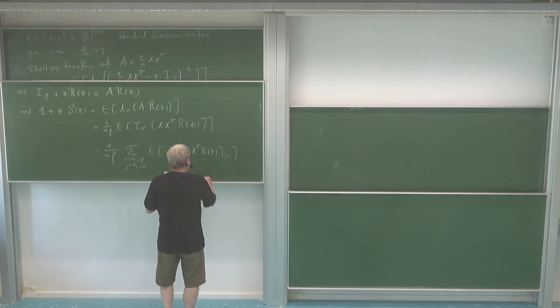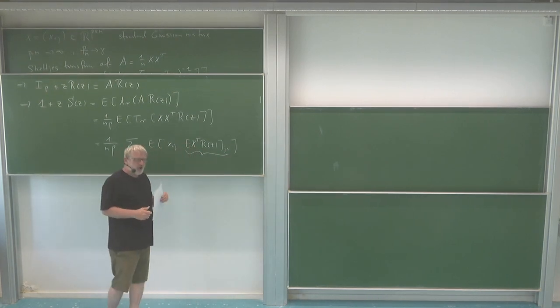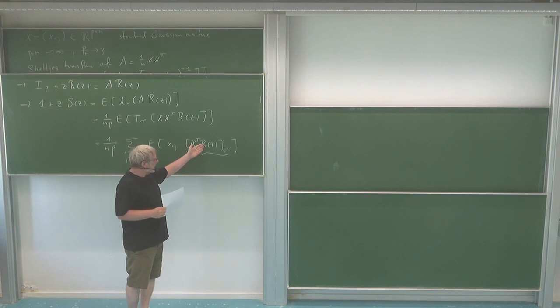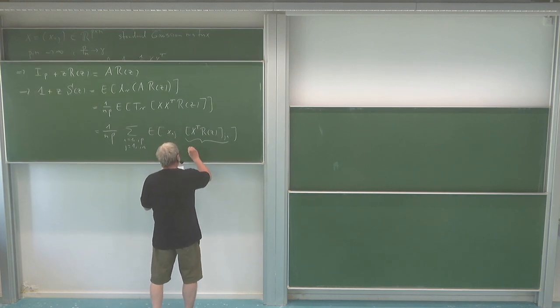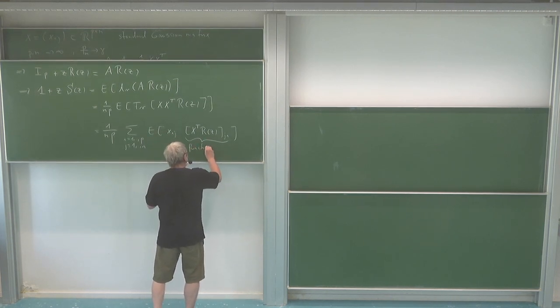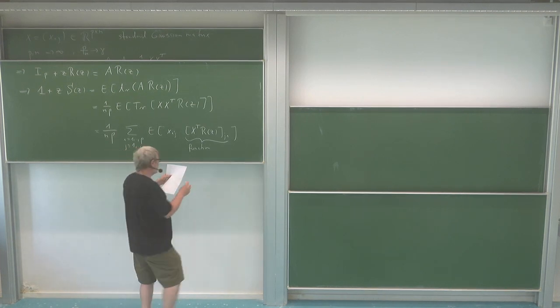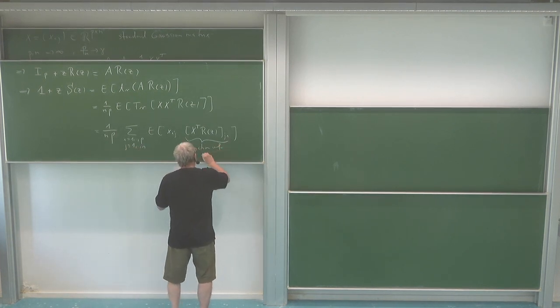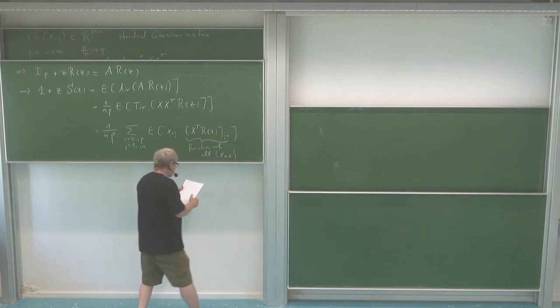So this here, I mean, this is the ji entry of the matrix X transpose times the resolvent. X transpose is easy, but the resolvent, of course, is a more complicated thing. But nevertheless, what I have here is a function of all the matrix entries of the matrix X. So this is a function of all xkl, the entries of X.